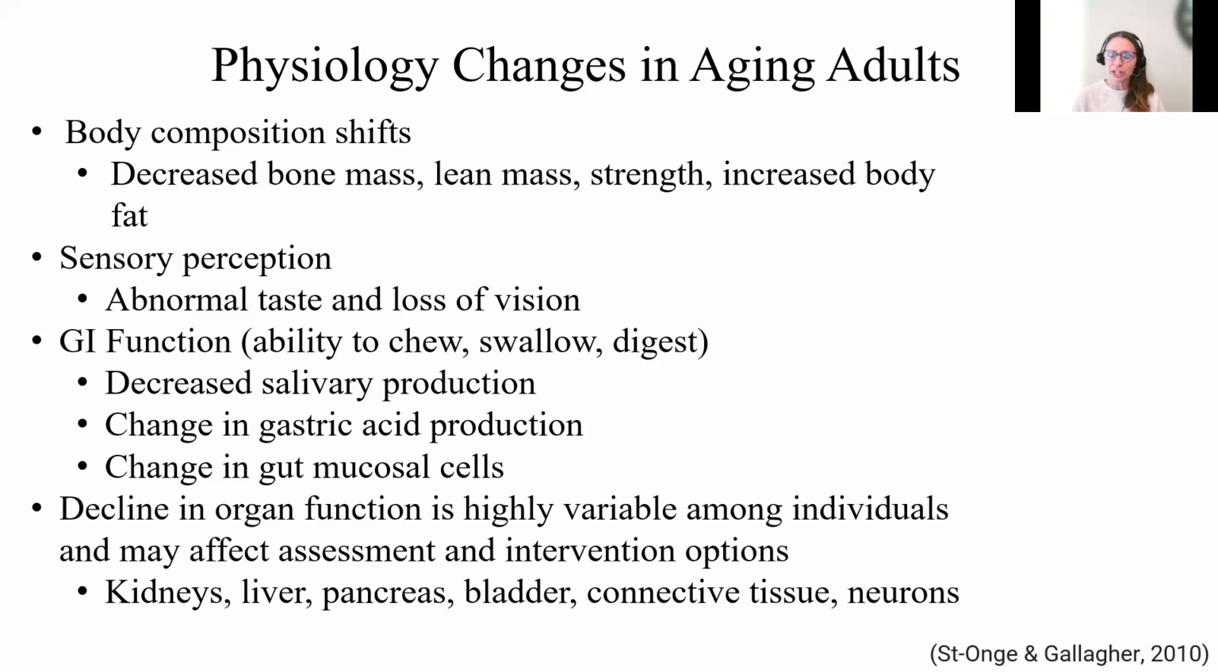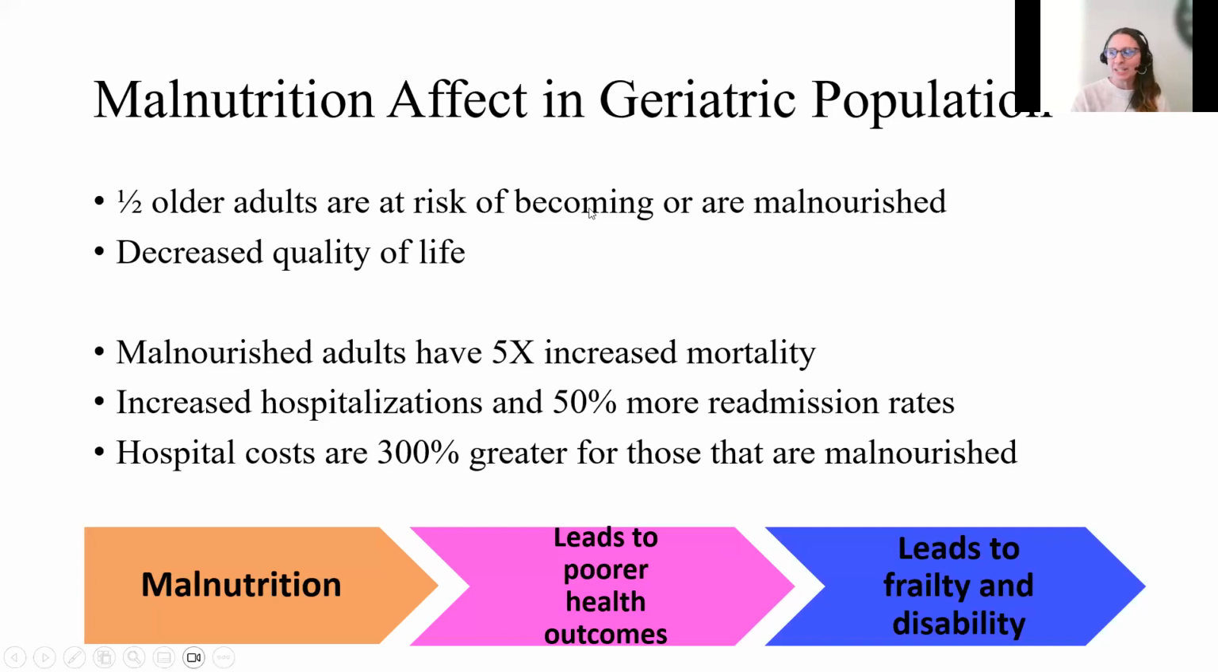If that hunger cue is not quite as strong as it once was, some of the patients might forget to eat or just not take time to eat because they just aren't hungry, aren't feeling up to it. And why does this matter with malnutrition being a large risk for this population? Half of older adults are at risk of becoming or are malnourished, and this can significantly decrease the quality of